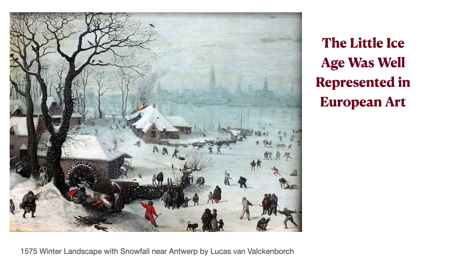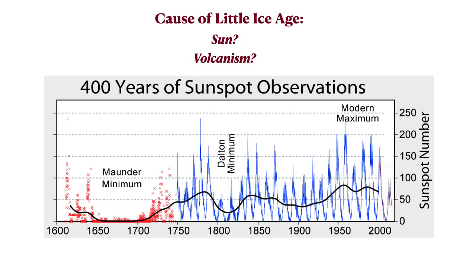The Thames River froze for long periods of time in England, something that doesn't happen much these days. Anyway, there are debates about the cause: a lack of sunspots. You can see on this graph the Maunder minimum from 1650 to about 1700. One important thing to note is that by 1680, things are really looking up. Politically, the worst part is right in the middle of that century.